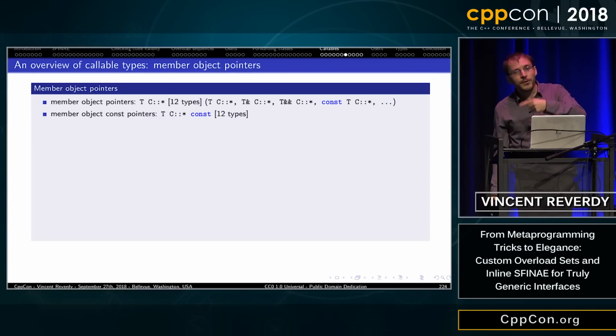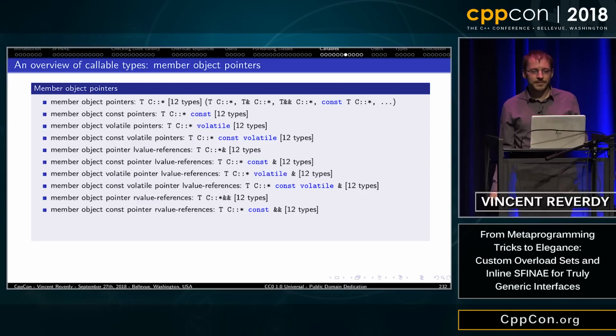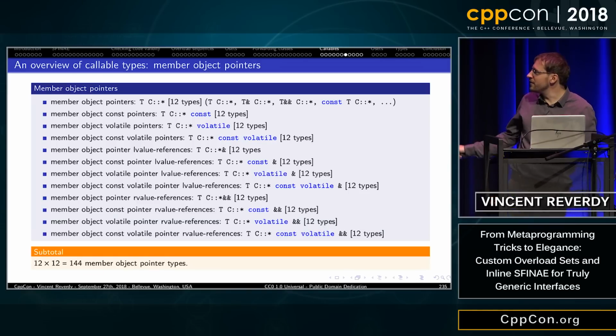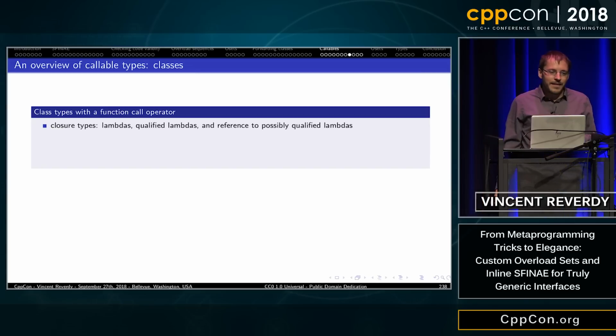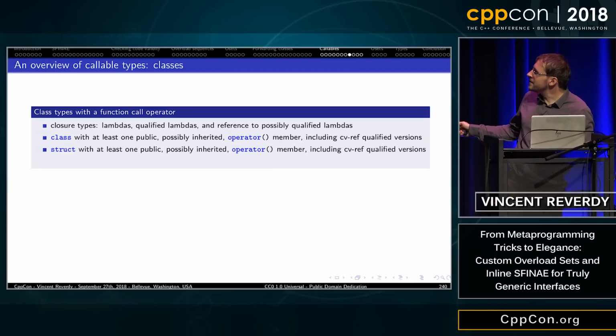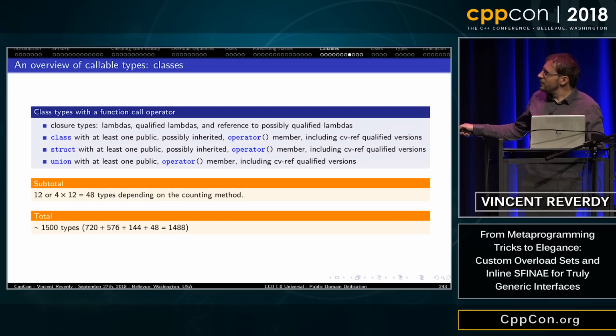Then you have member object pointers, which are also callable and usable with invoke. So again, same types of things. You have an extra 144 types. Then with closure types and class types and struct and unions, we are already at more than 1,000 different function types.